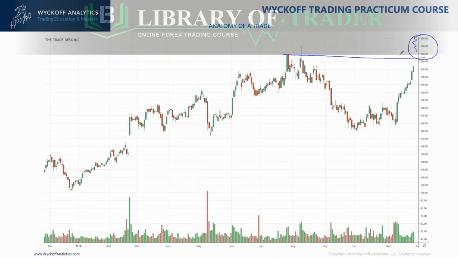Why? Because we might have a reaction here, and then 300 is kind of like this place where it would attract a lot of the attention to the stock. So a lot of the mean reversion traders are going to short the stock just based on the momentum that's already here. If we're going to have a small reaction like this, what do you think is going to be the next move?